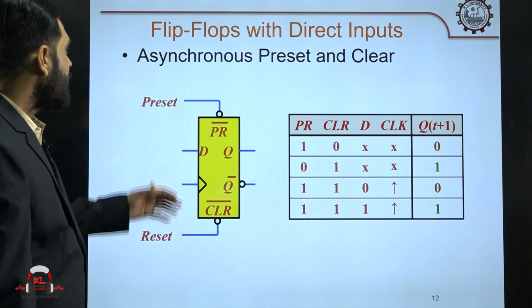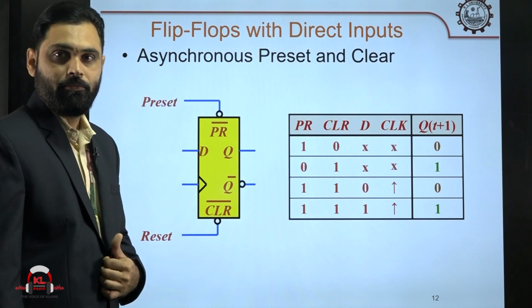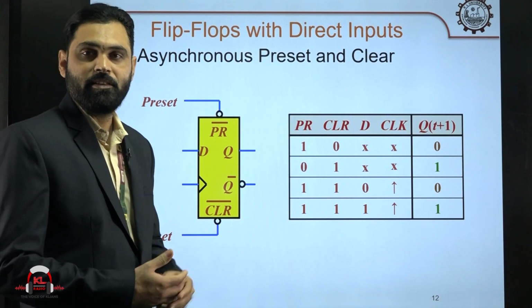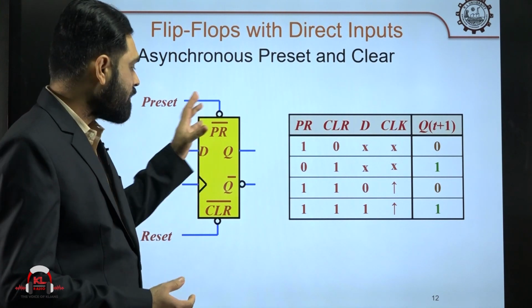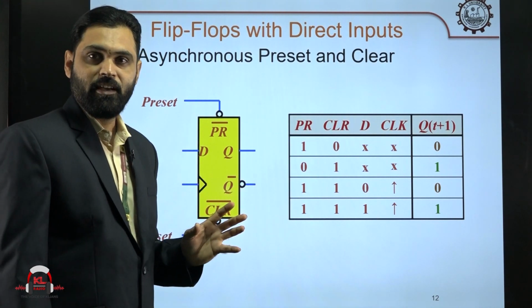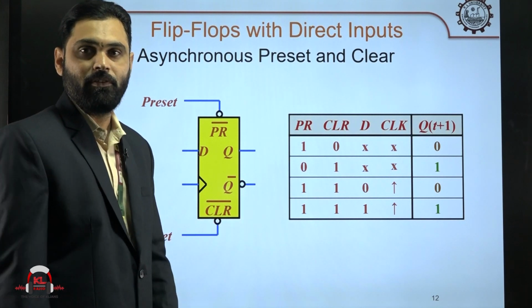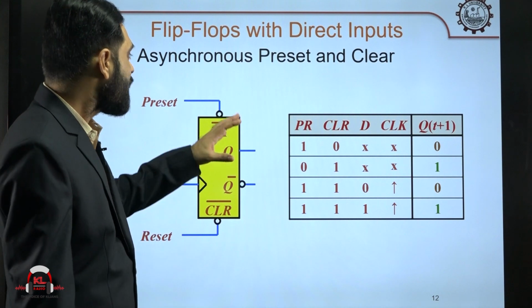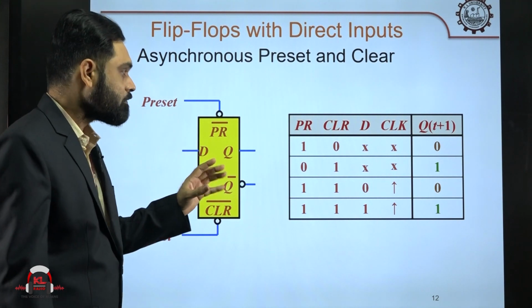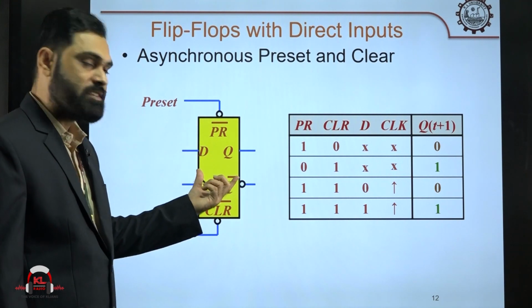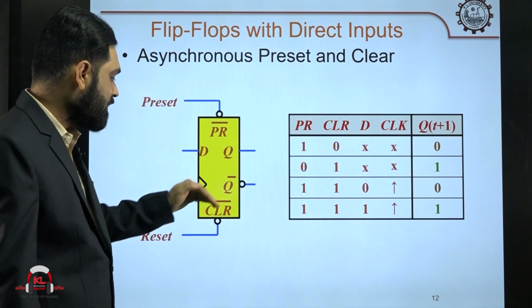So, after that, whenever you are using a particular flip flop in the design of any circuit, you should understand what inputs it has and what arrangement you have to make before using that flip flop in the actual operation. If you take any flip flop, suppose in this case a D flip flop, what are the things it has?